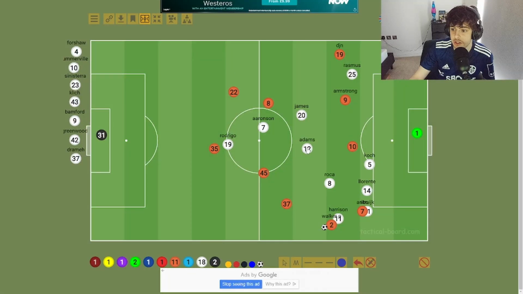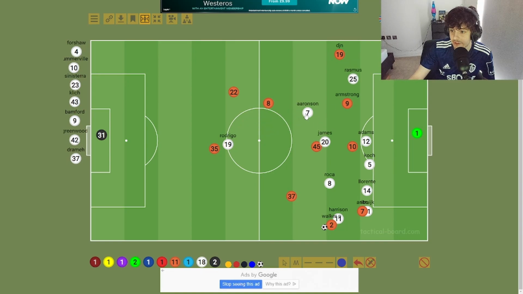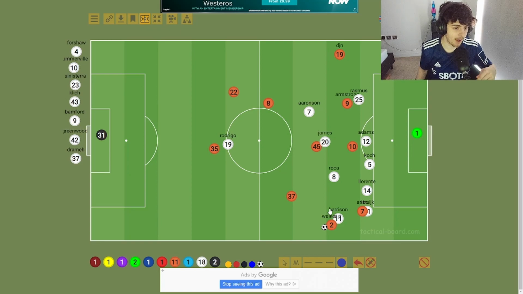In this situation, does Adams come in here? No. He's playing up here. That's what's happening. Then he gets space. You see in the space, it's a 2v1 over there. Does James come in here? Aronson in here? And this is what happened last week. You'd think this, right? This space here. But then that's what happened last week, where we were extremely defensive. We couldn't get out. When we win the ball then, we have nothing.